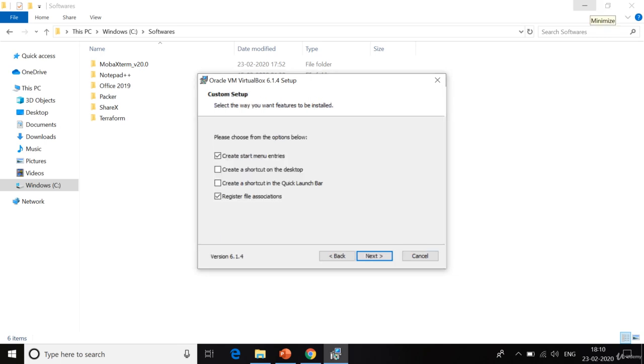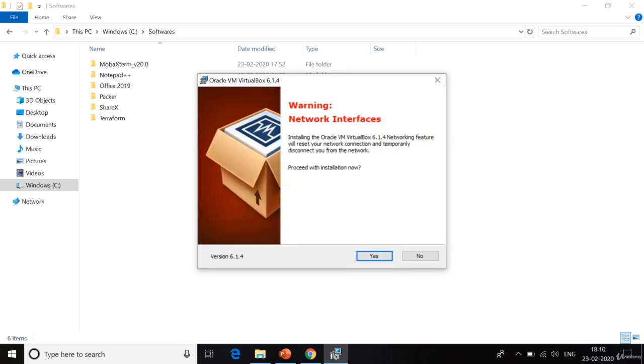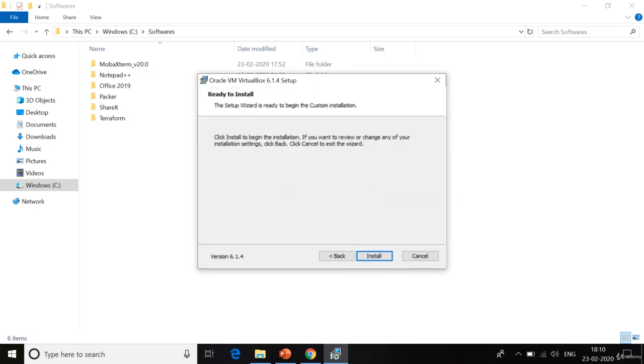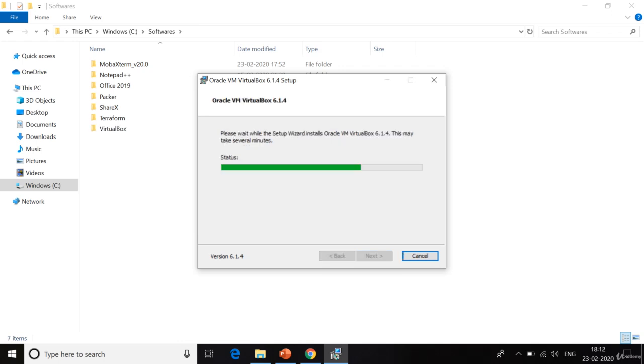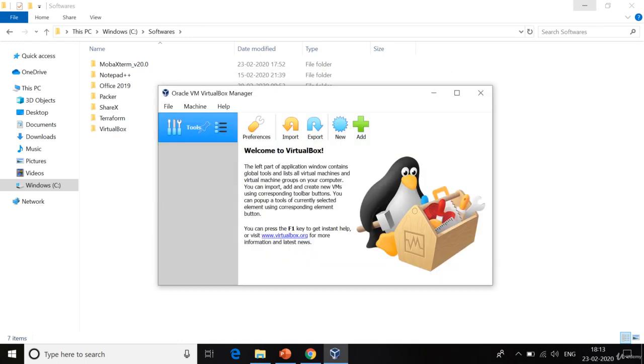Select whatever you need, like create a start menu entry, create a shortcut on the desktop, and register file associations, and click on Next, click on Yes, and click on Install. After that, it will take a few minutes, and then VirtualBox will be installed on your local PC. After the installation, just open the command prompt and type VirtualBox, and the VirtualBox screen